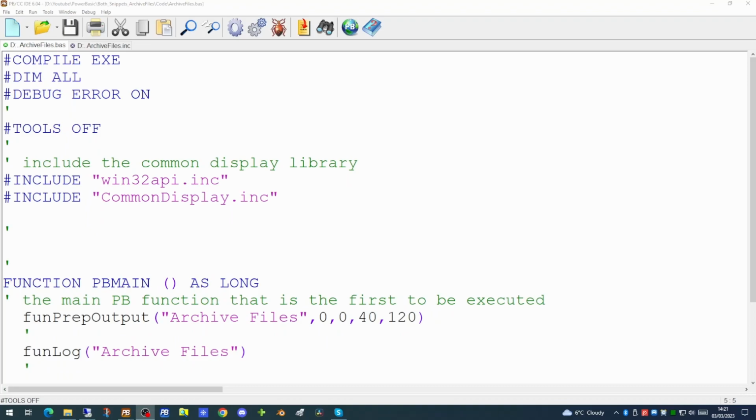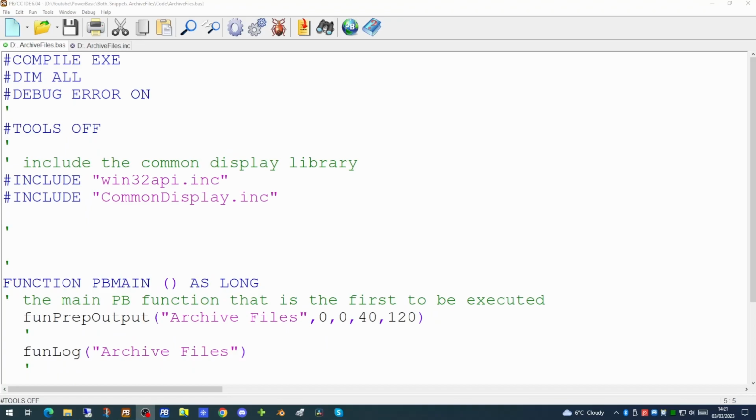These files are usually named containing the date and possibly the time. Over time, the number of these archive files can actually build up, and you'll need to do a bit of housekeeping to clean out the old files. What we're going to look at today is a routine which can be called periodically to clean out files older